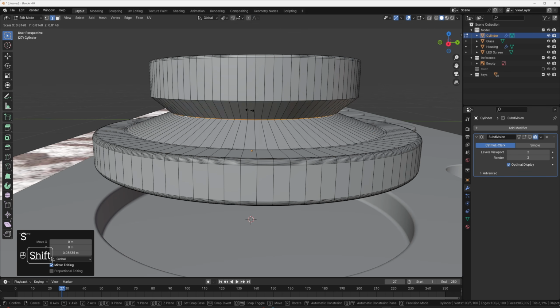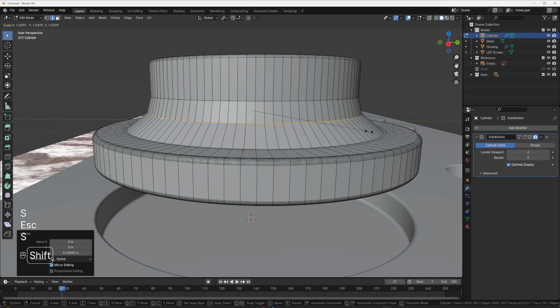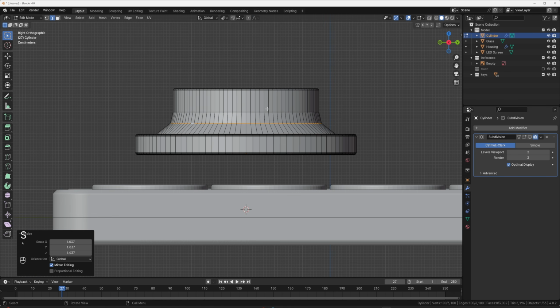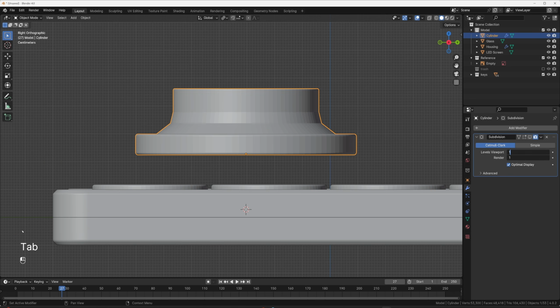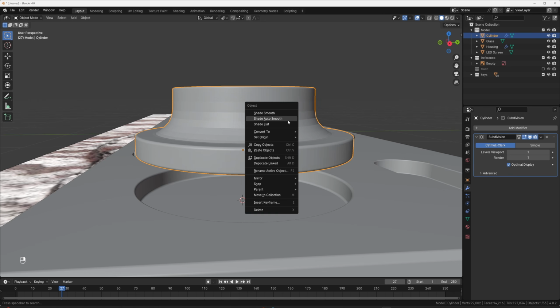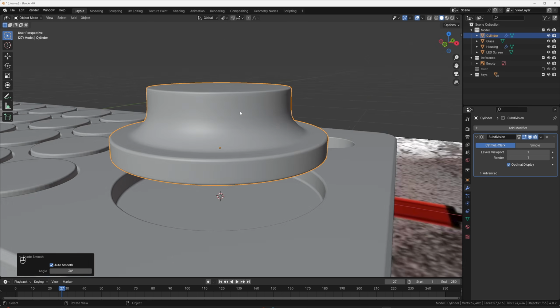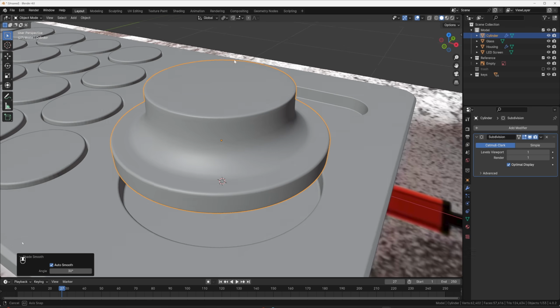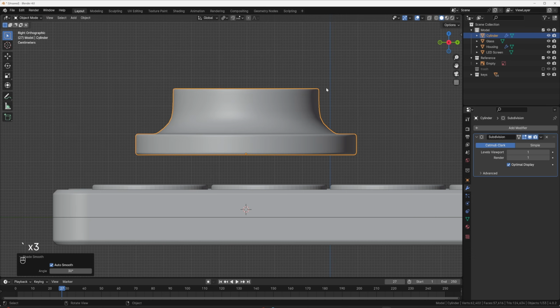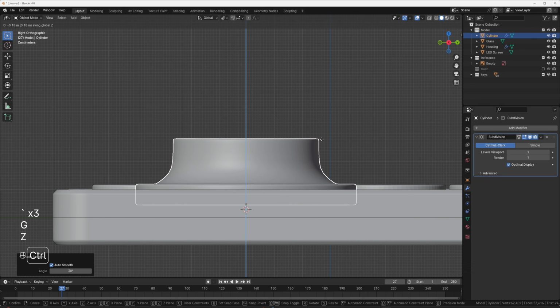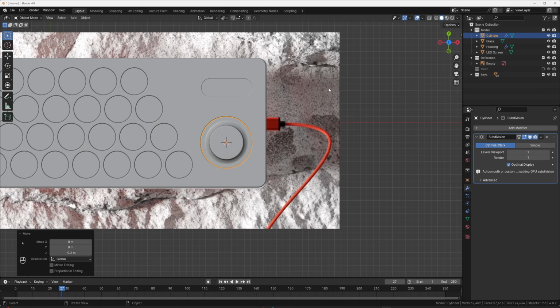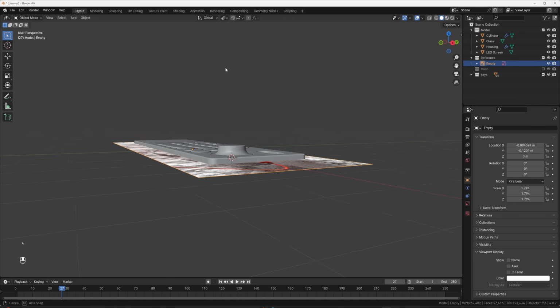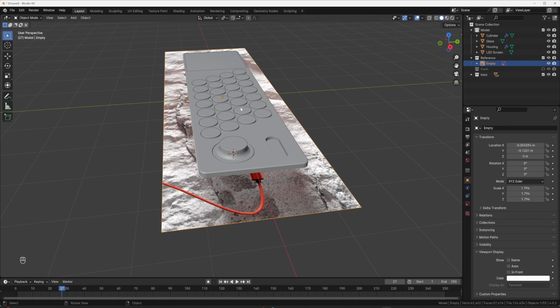And then also I'm going to press S and just scale it out slightly. That's going to help us give this knob the shape that we want. I'm just going to set this to 1 and then turn this back on. And if we right click shade auto smooth, it should be good. Yeah, I think we could do Control 2 when we get to the point that we need it, but that's basically the knob. I'm going to go right, G Z, and then bring it down 0.2. Cool. So now you've got your twist knob, you've got all your buttons, your LCD thing.